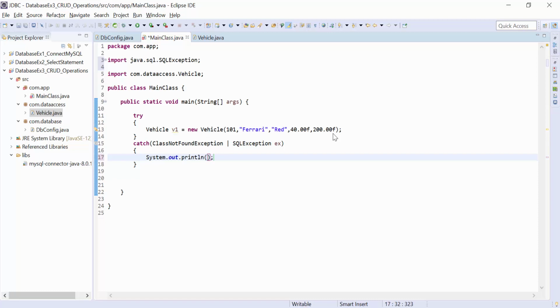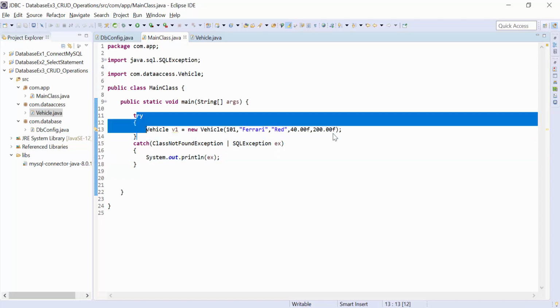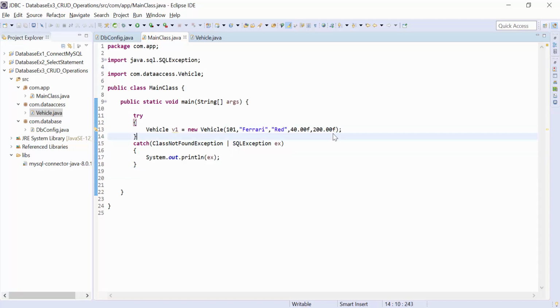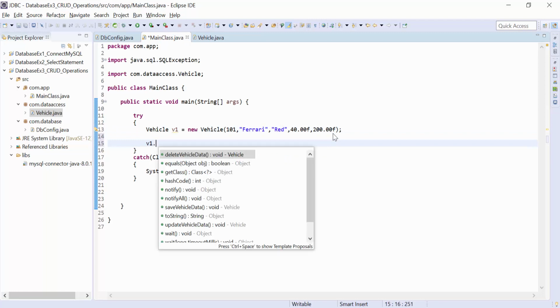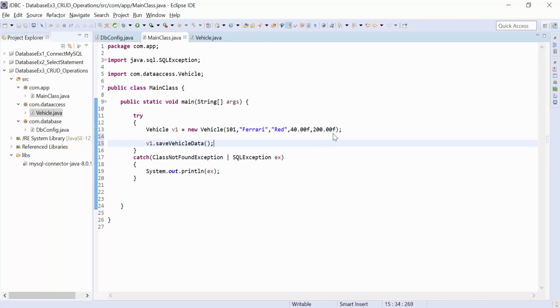Just to know the exception, we write the toString of the exception object, and that's it. Now to save this data, we need to write v1 dot save vehicle data. So this statement is going to save vehicle data.